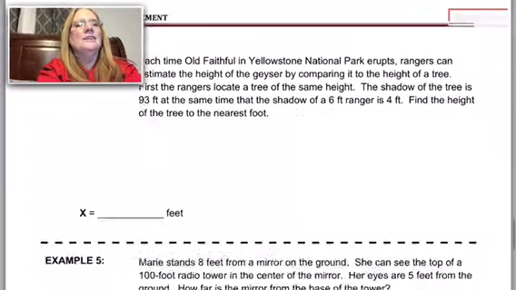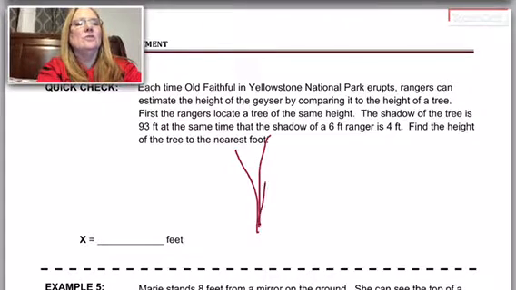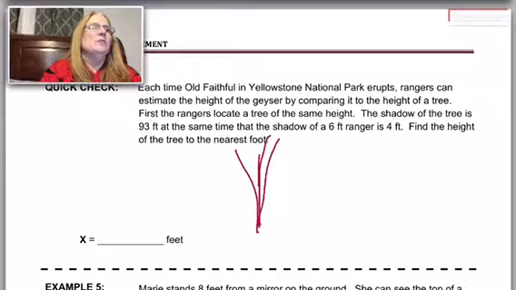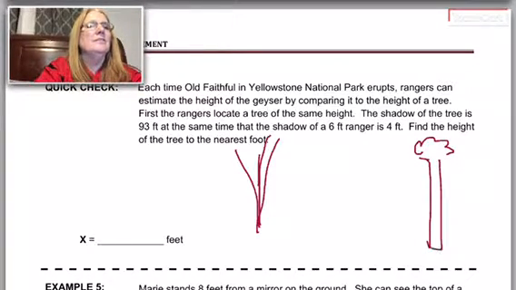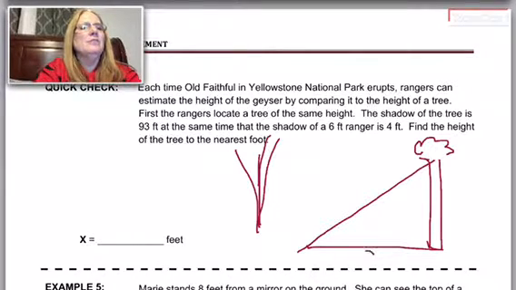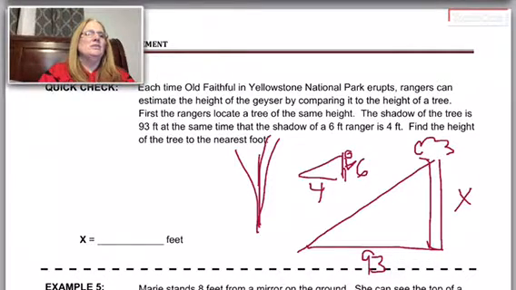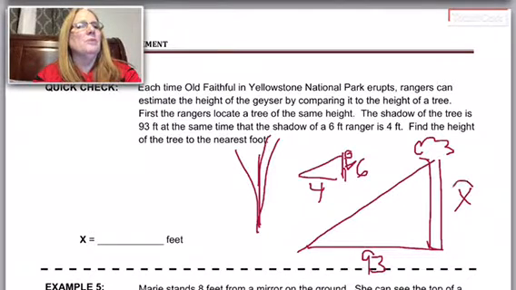Okay, so I know what a geyser is, but here's the geyser that's shooting water out of the ground, and they want to know how tall that is, so they look over here and find a tree that's the same height. And then they're going to look at the shadow of the tree, which is 93 feet, at the same time that the ranger, he's 6 feet tall, has a shadow of 4 feet. And we're looking for the height of the tree, which is going to match the height of the geyser. So we're going to put x